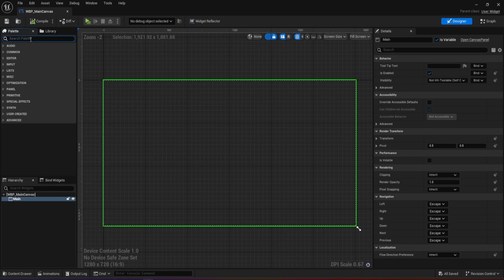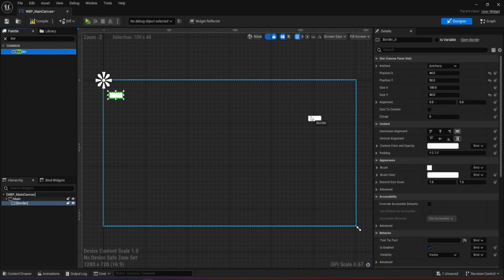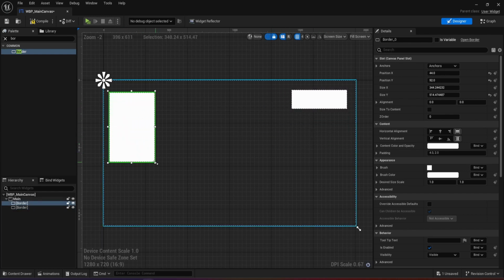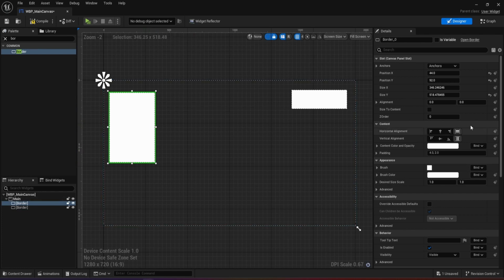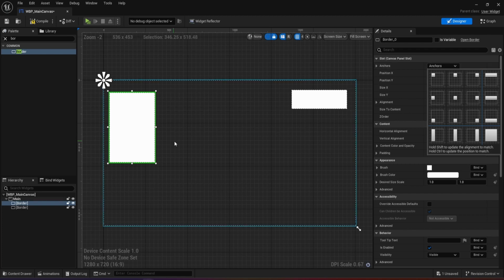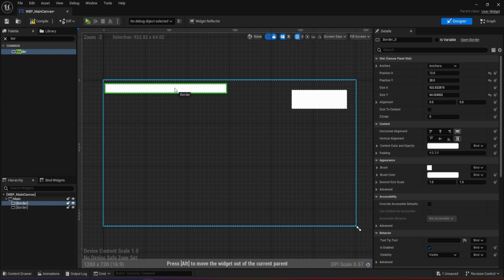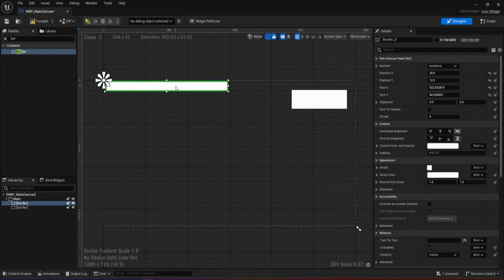The next thing I want here is a horizontal box. It's actually a border. I want one border right here and I want another border right there. So in here is gonna be where we put our units that we have selected, and here is gonna be our resource management. We could also do it like this as well, but I'm probably gonna do this approach. I think it's cleaner here. For now, I'm just gonna call this resources,